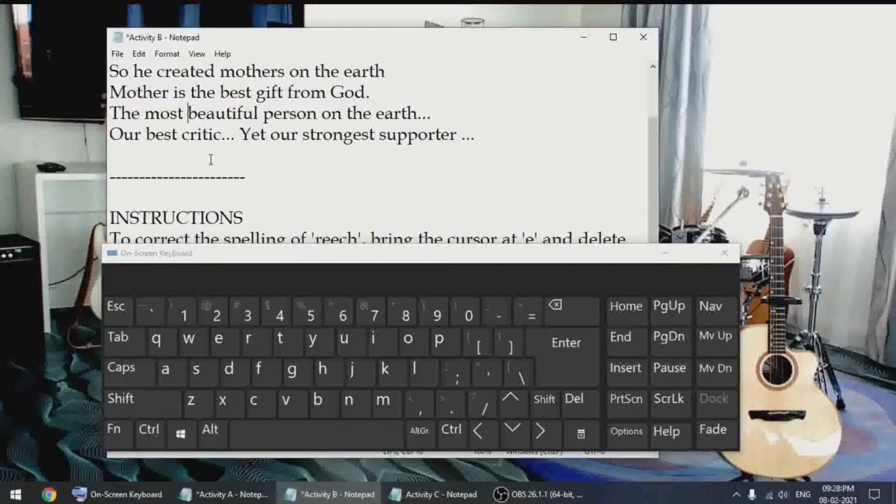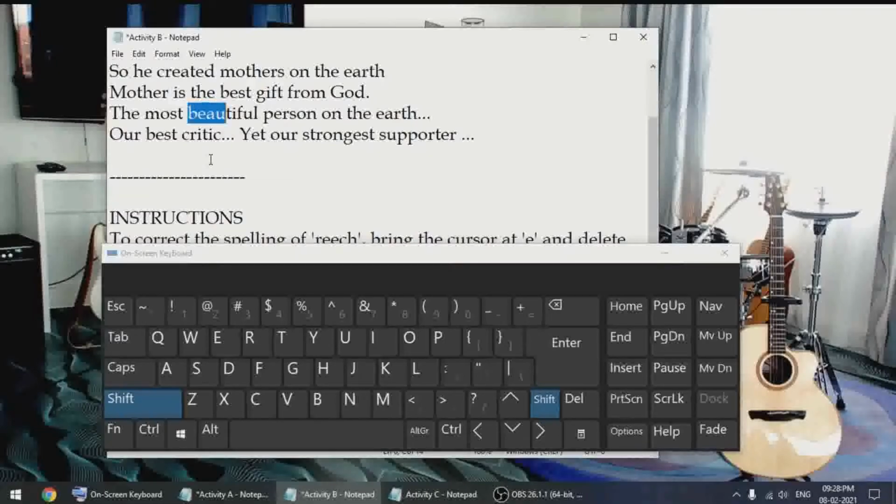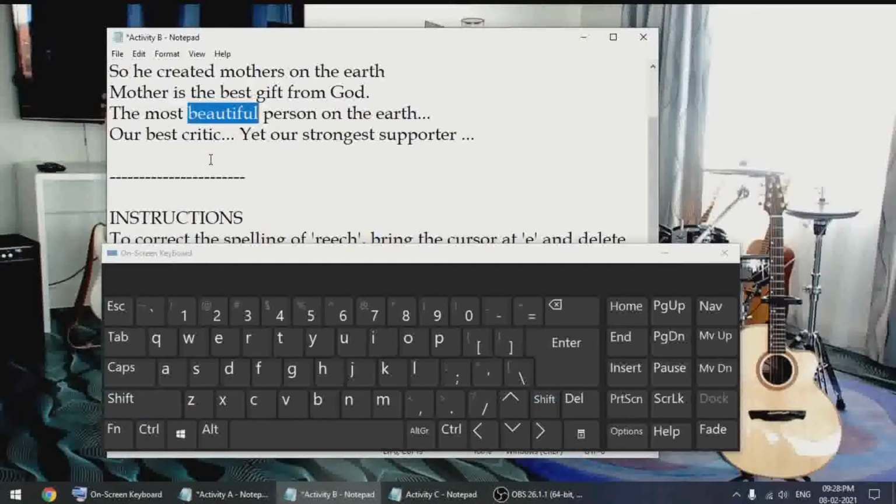I'm holding down the shift key on my keyboard, and I'm going to press the right arrow key. You can see that what I had done with my cursor, I can also do with my keyboard.